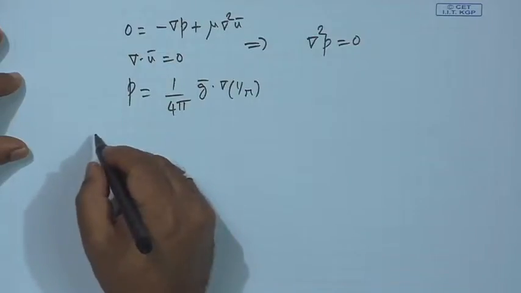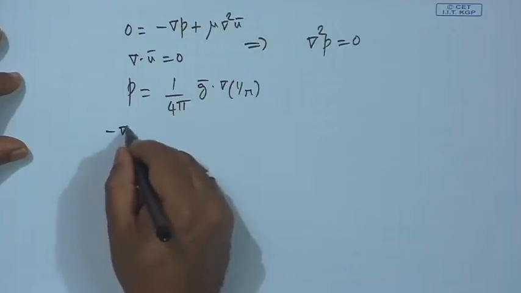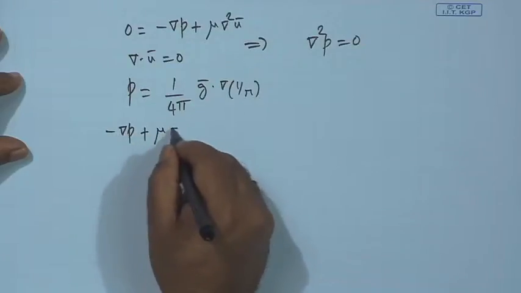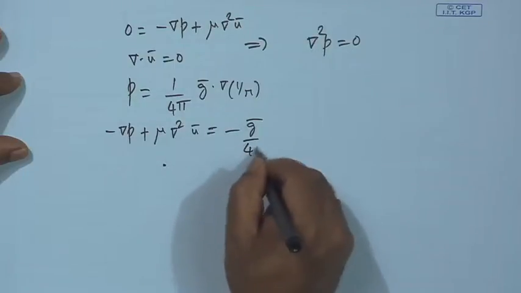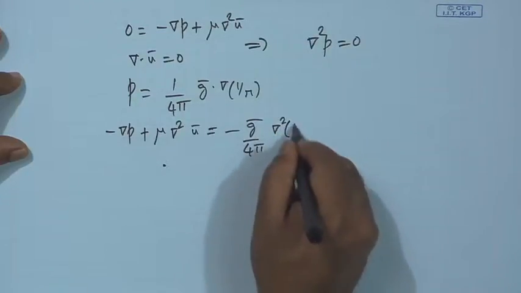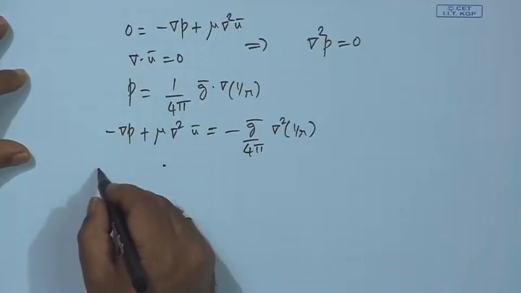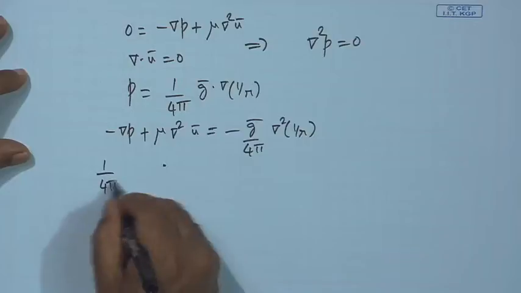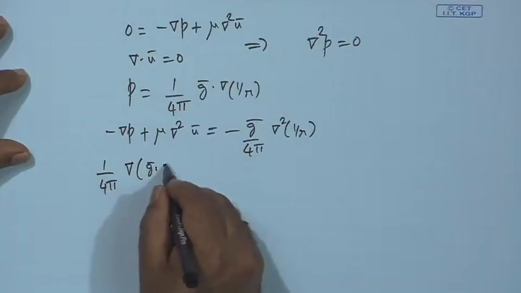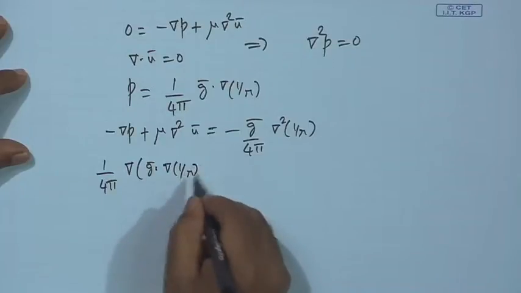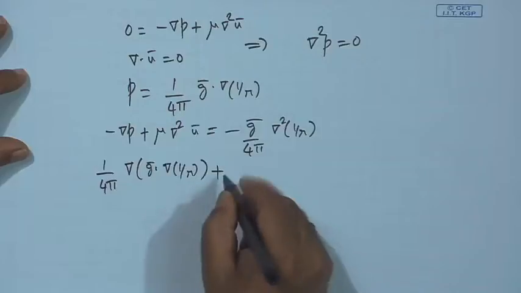So, now we consider the Stokes equation, which is given by the singular Stokes equation, and we have P, therefore, we are substituting, okay. So, this plus mu